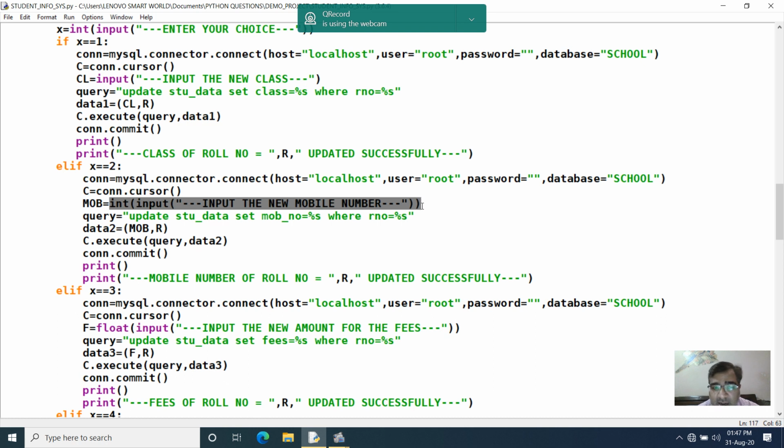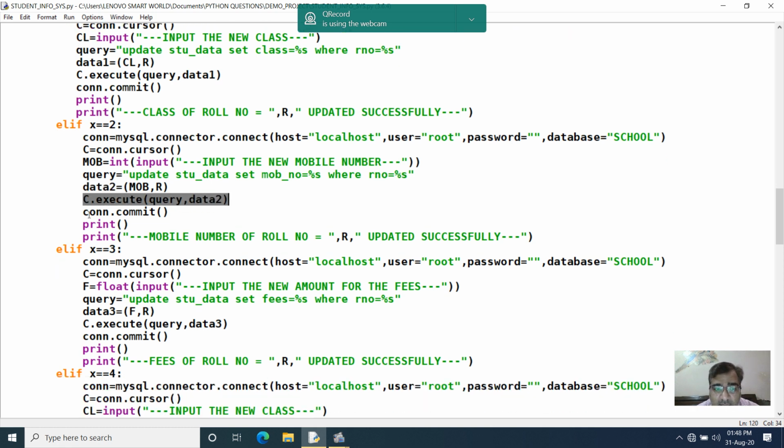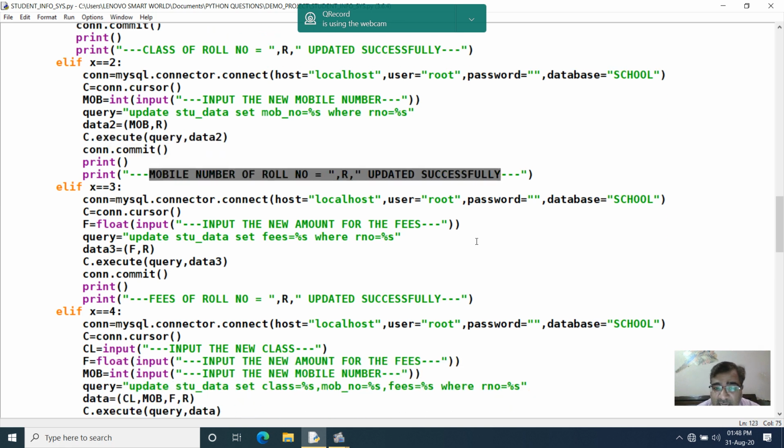Assign the new mobile number to a variable and make a tuple of the newly inputted mobile number and the roll number. Assign it to a variable data, create the SQL query, use the execute function, commit, and your mobile number gets updated.